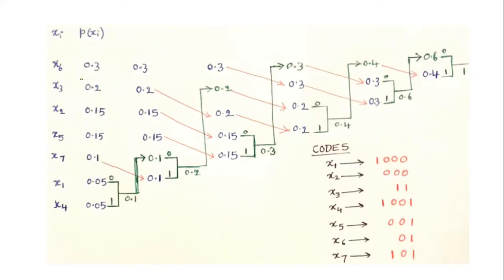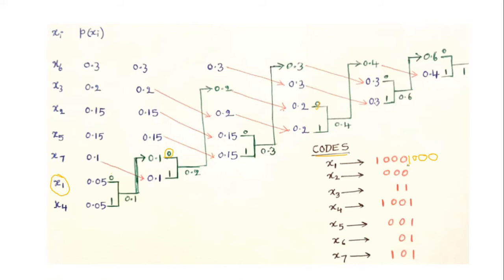And this is the final tree of this Huffman code, and we want to find the codes for x1, x2, x3, x4. To find the codes for x1, see here, x1 is here. We follow like this. We first place 0 here, then we follow this, again 0 is coming here, on the way 0 is coming, we place 0 here, again we follow this arrow mark, so we get 0 here, again we get 0, and we follow like this, we get to 1.